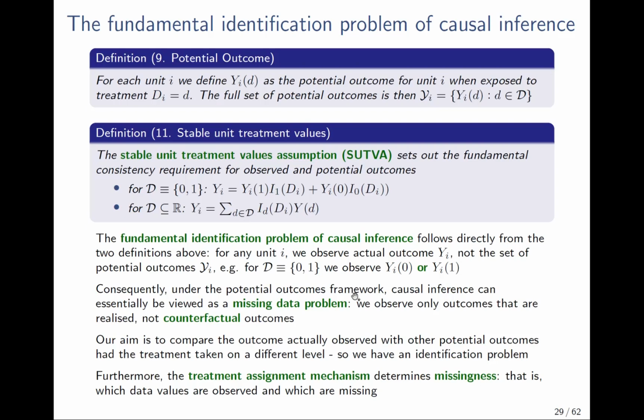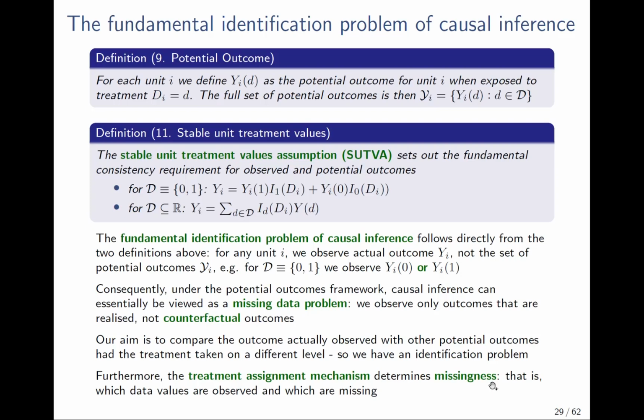Not only do we have an identification problem, but furthermore, complicating matters further, the treatment assignment mechanism, which we do not necessarily observe, determines missingness. That is, it determines which data values are observed and which we don't observe. And if that mechanism has some systematic patterns to it, then we're going to have systematic patterns to our missingness. And that's going to cause us an inferential problem. In fact, it's going to cause confounding as the fundamental problem that we have to deal with, and I'll demonstrate